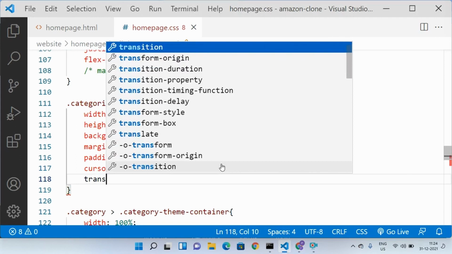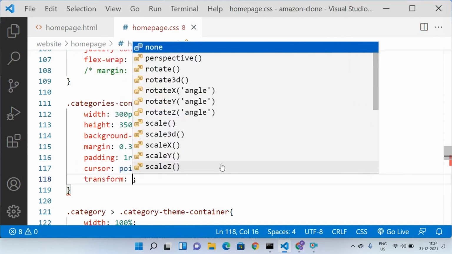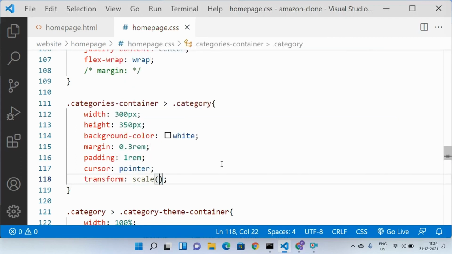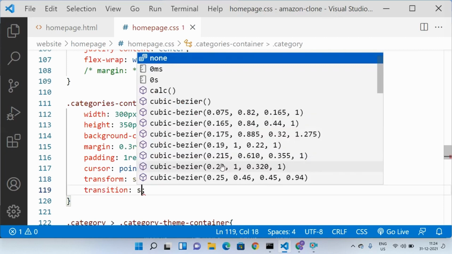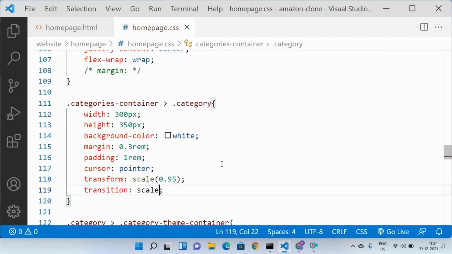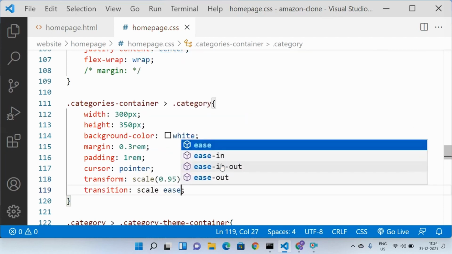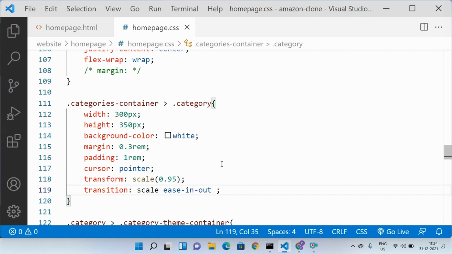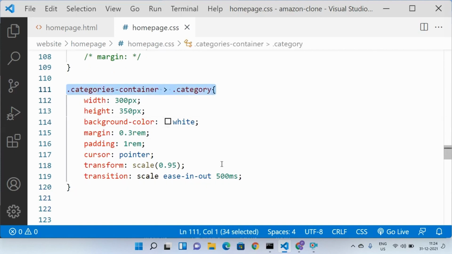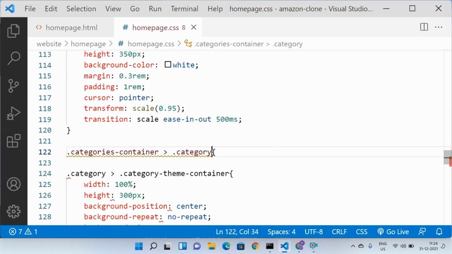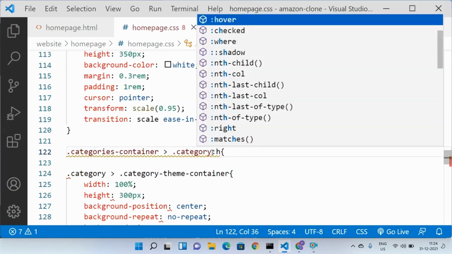Let us give it a transform scale of 0.95, and let us give it a transition for this scale. Transition scale, let us give it ease in out of 500 millisecond, and let me copy this selector and add hover selector to it. So yes, colon hover.